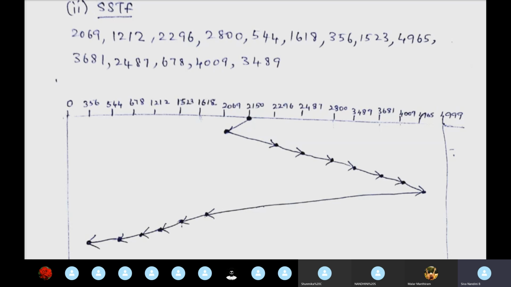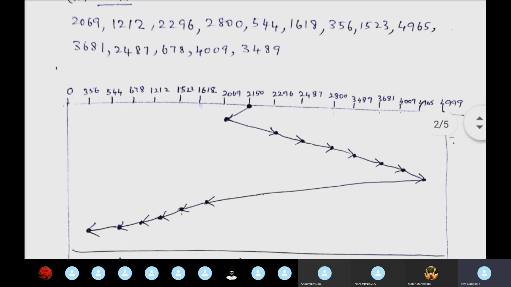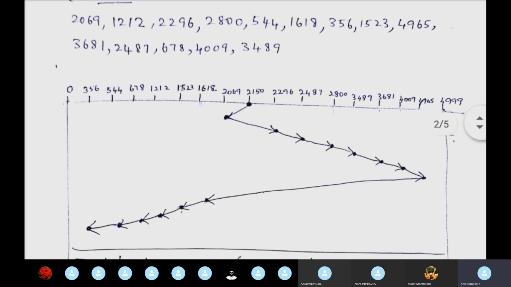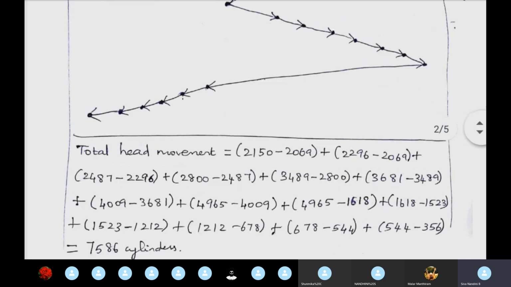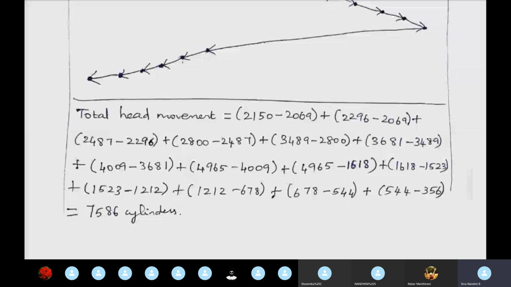So previous case நம்ம என்ன பார்த்துட்டோம், 1618 வந்து farther than 2487. So அப்ப என்னதான் இருக்கும், இந்த டைரக்ஷன்ல தான் போய் ஆகணும் அப்படி சொல்லி you'll be going. So while going to this you'll be checking this value. இது பக்கத்துல இருக்கு நம்ம செக் பண்ணி போயிட்டு இருப்போம். Okay, so like this you'll be drawing this shortest seek time first algorithm. So you have to subtract these values and you'll be finding the total head movement.